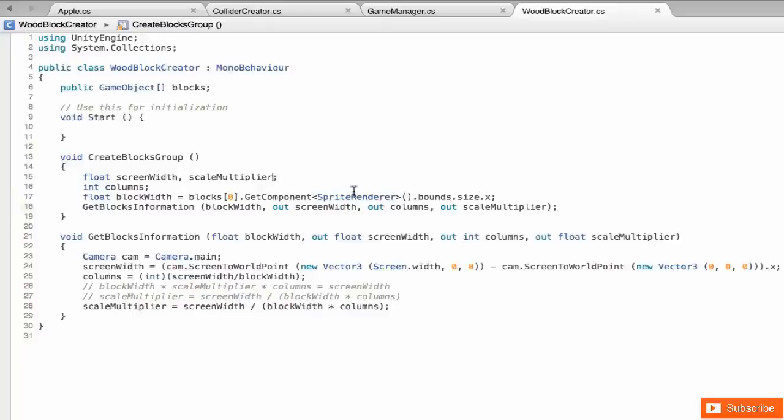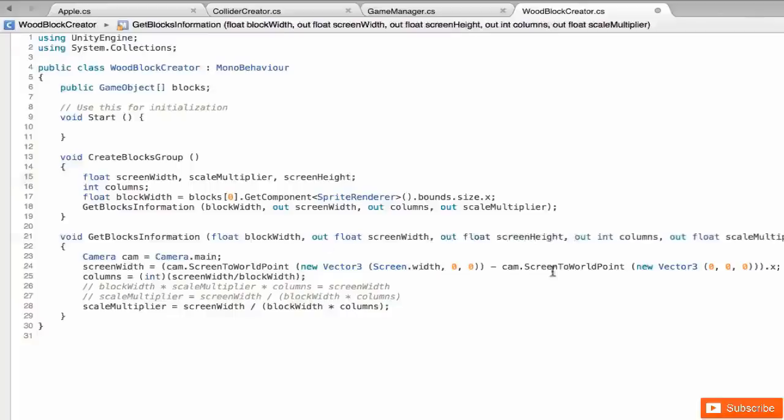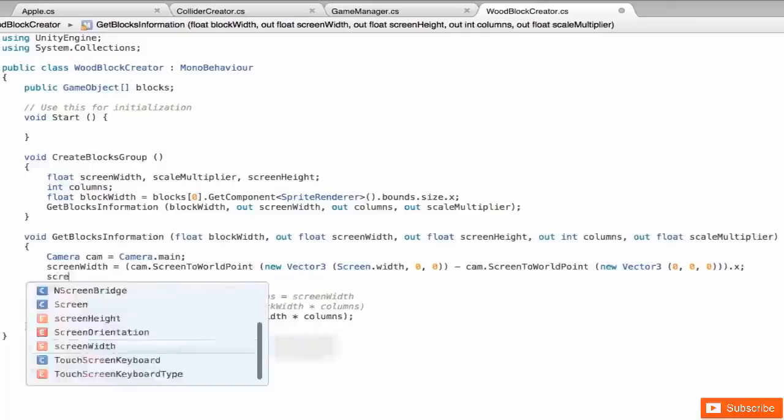Actually, I'm forgetting something here. I also need the screen height, and you'll see why within a second. So I'm just going to define the screen height, and I'll have to have the screen height as being passed in as an out parameter here as well. So out float screen height, and I have, of course, to fill it up. So now you already know how to do this. This is screen height,